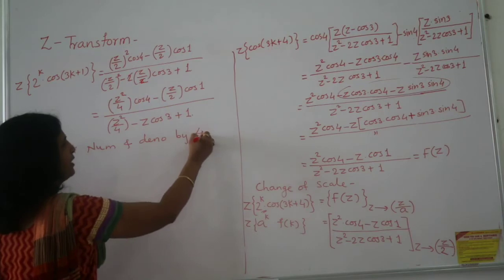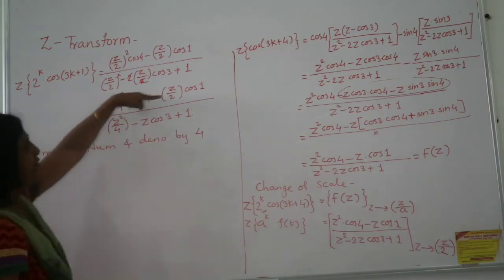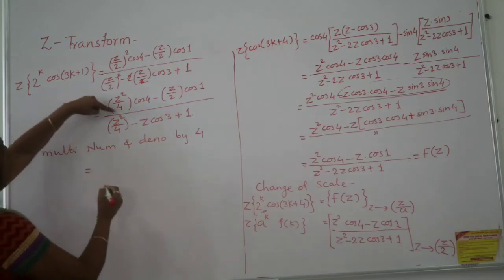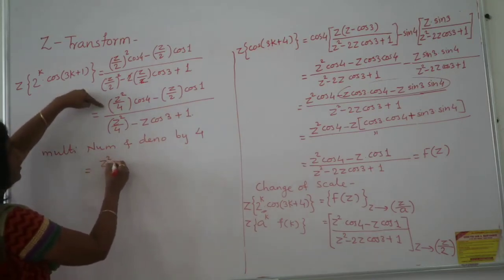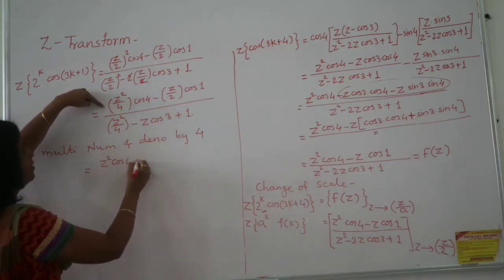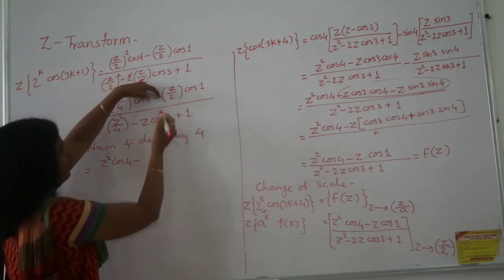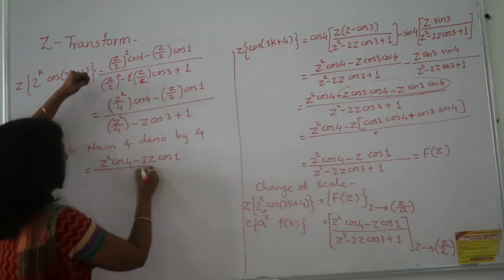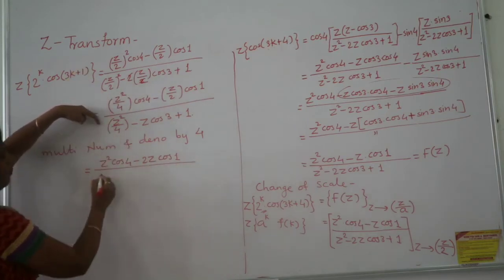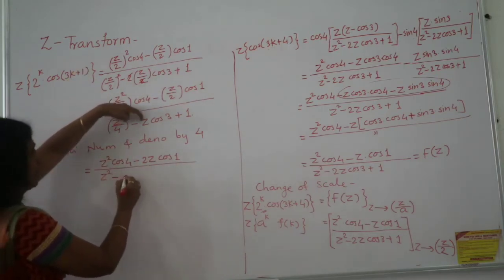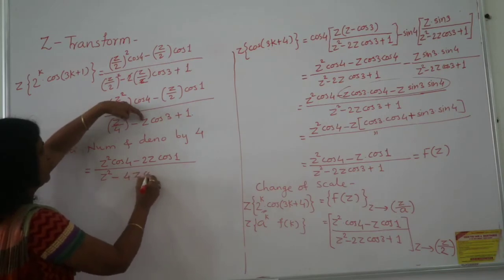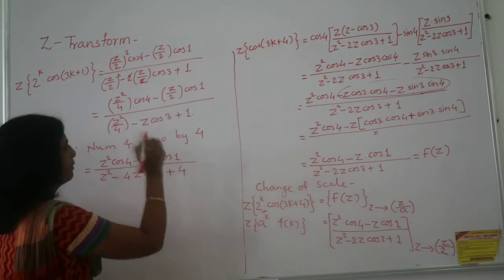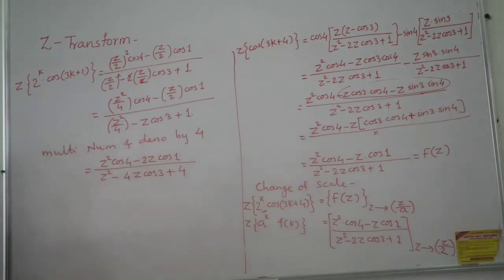Okay, instead of cross multiplications and all, the numerator I will multiply totally by 4, the denominator also. So what will be the answer? See, 4 and 4 are getting cancelled, so it is z square into cos 4 minus, when I multiply here, 2 1s are 2, the 4s will get cancelled, it is 2z into cos 1, and the whole divided by, when I multiply here, the 4s will get cancelled, z square. Now here I have to multiply z into cos 3. Now if you want to shift this constant number, it depends, multiplied by 4, and this is my final answer.